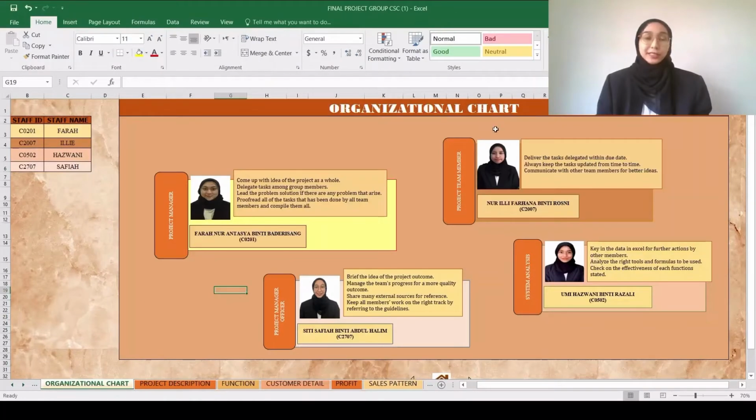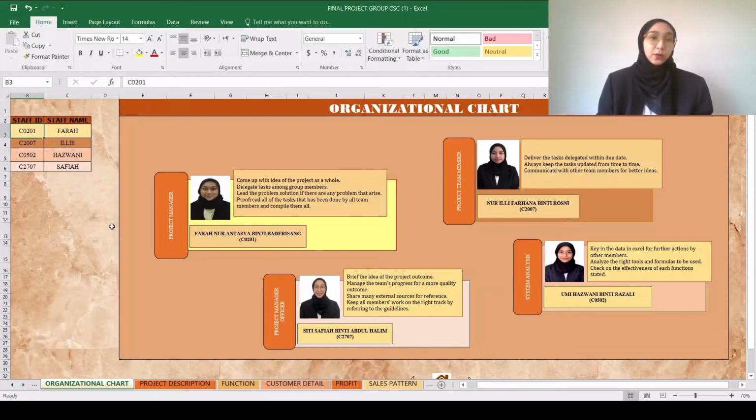This is our organizational chart. Here we have the staff ID and the staff names. To identify our staff, we have the color codes for each of the team members. For example, for Farah, we have the yellow colors, Ili, orange, and the other color for Hazwani and Safia. So the project manager is Farah Nur Antasha binti Badrisa. Next, Nur Ili Farhana binti Rosni as project team members. A project manager officer is Siti Safia binti Abdul Halim, and the last one for system analyst is Umi Hazwani